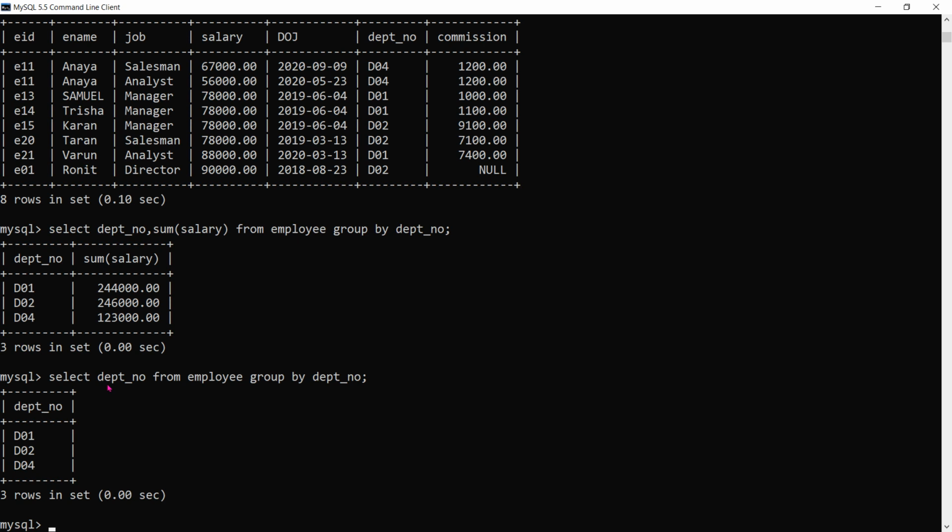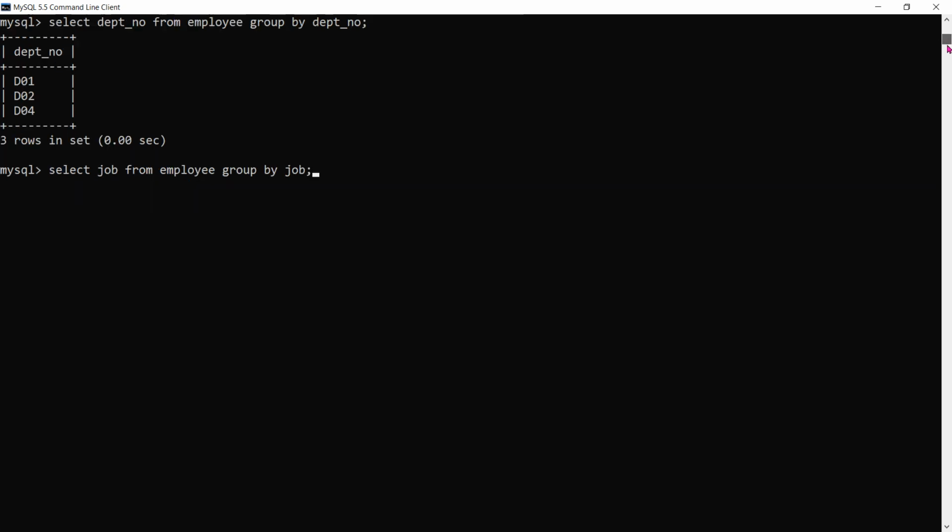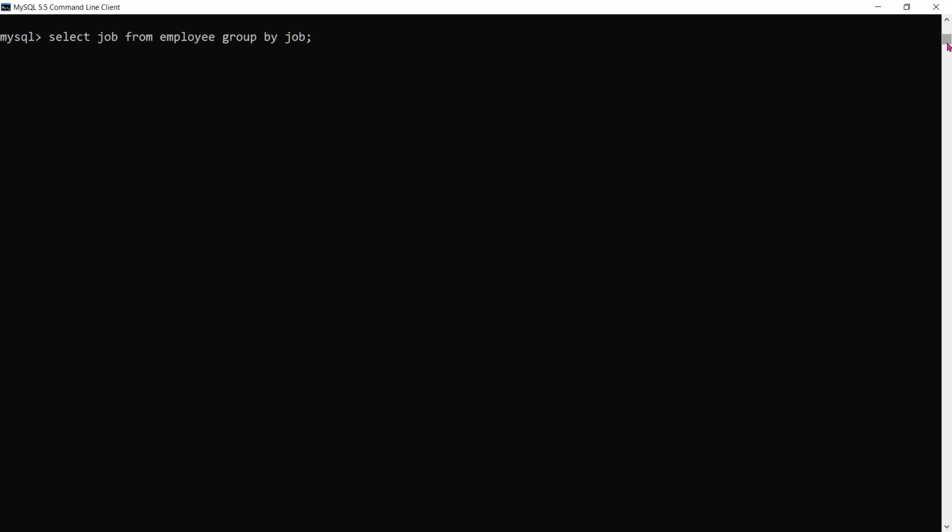In another example, we'll see that we can also group on the basis of job. The query can be written: select job from employee group by job. On job also we can see there are common values, so we can group job wise also.